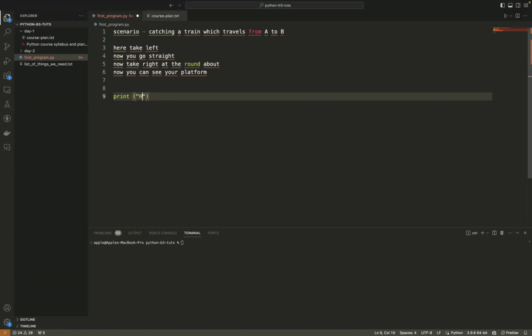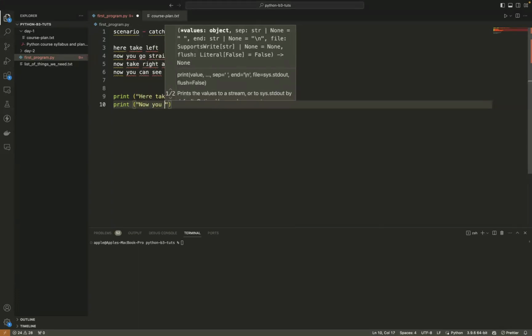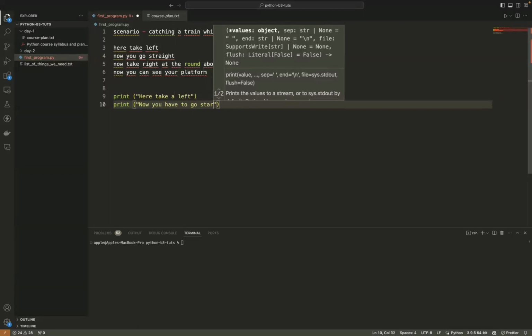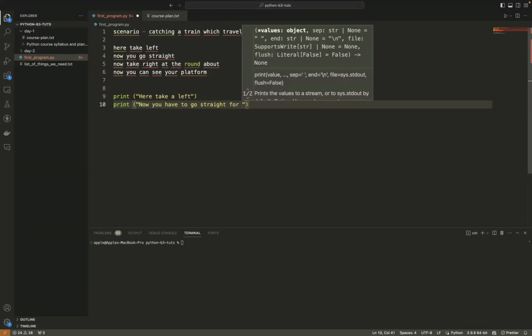Here, take a left. That's my first instruction. Now you have to go straight for 50 meters.